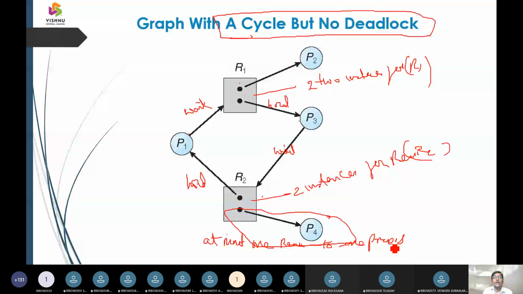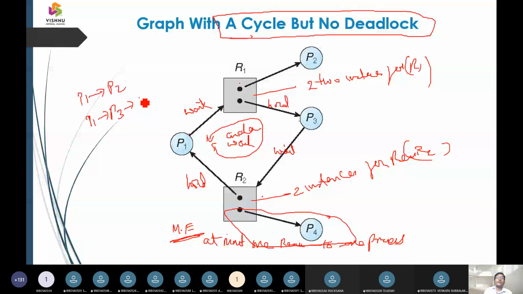Here you can also observe a cycle, which represents a circular wait, from P1 to P2, P1 to P3, and P3 back to P1, and then another resource from P3 to P4.